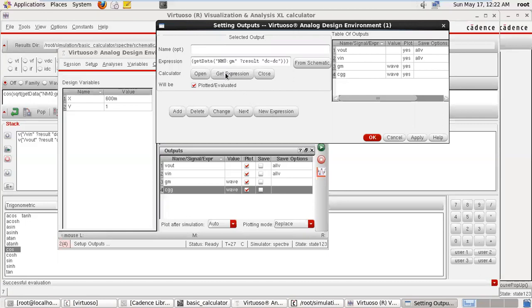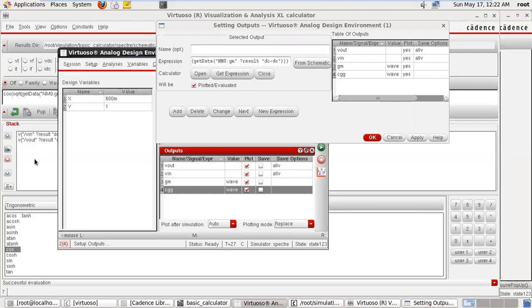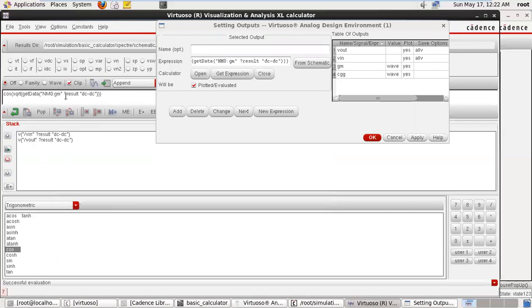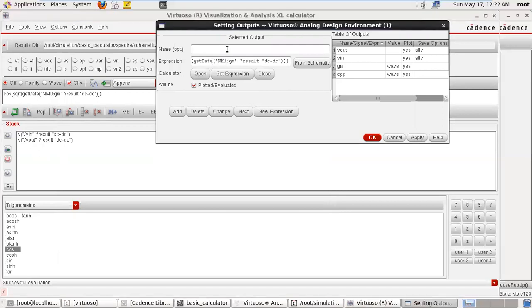When you click get expression, the data from the calculator comes into the expression, and you can give any name. Suppose my name is ZM. That is the cosine of the GM. Okay, cosine of ZM. Add. So that data is added into your ADL window and you can simulate it.